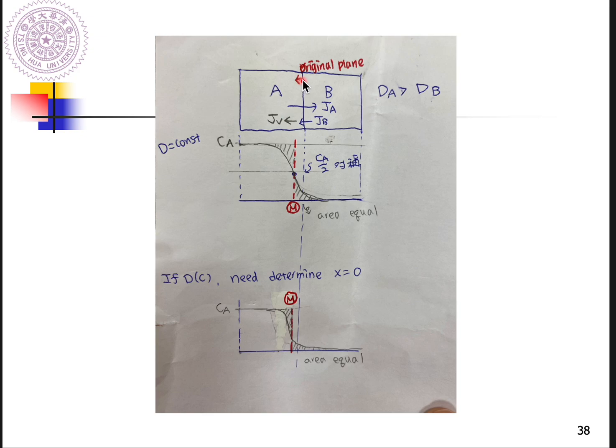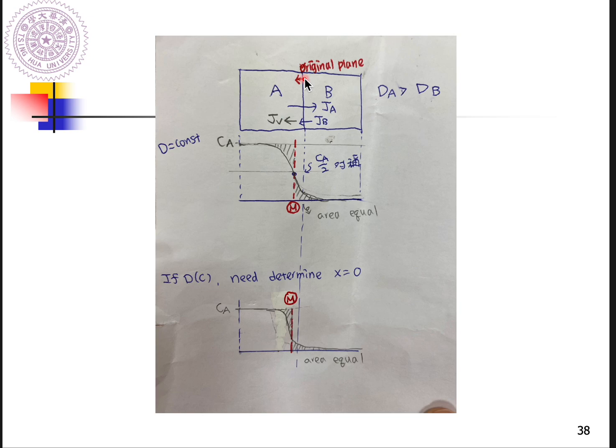Some people, in order to identify the original plane, will put some markers here. You can use a laser to make some holes here, and we assume JA is larger than JB, so you get the vacancy flux to the left-hand side. So after diffusion,